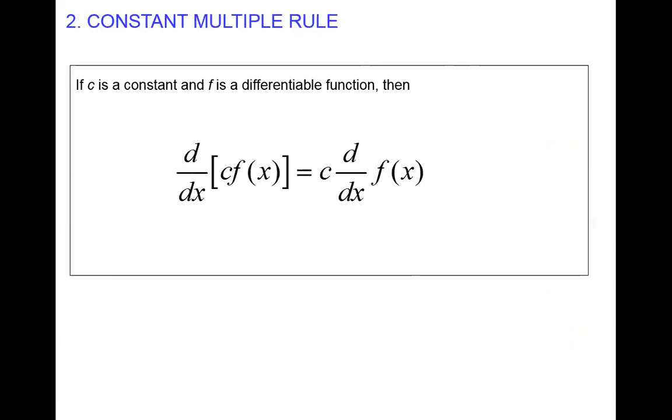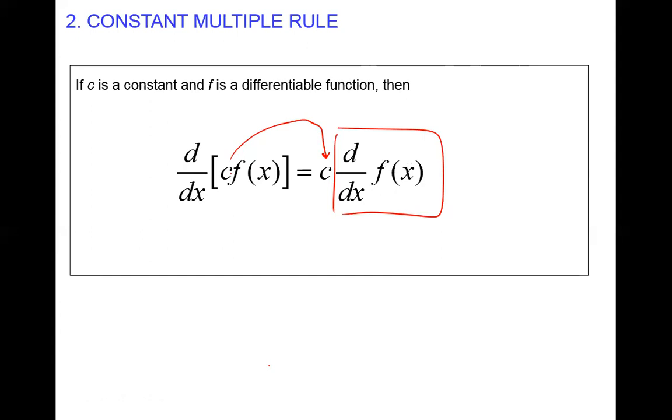Okay. Another rule is the constant multiple rule. If c is a constant and function f is a differentiable function, which means the derivative exists, what we can do, we will never differentiate a constant. We can take that constant and place it in front of the function and focus only on the derivative of the function. That means do not differentiate the constant. The constant will stay here. Okay, that means constant and then derivative of the function. Please remember,